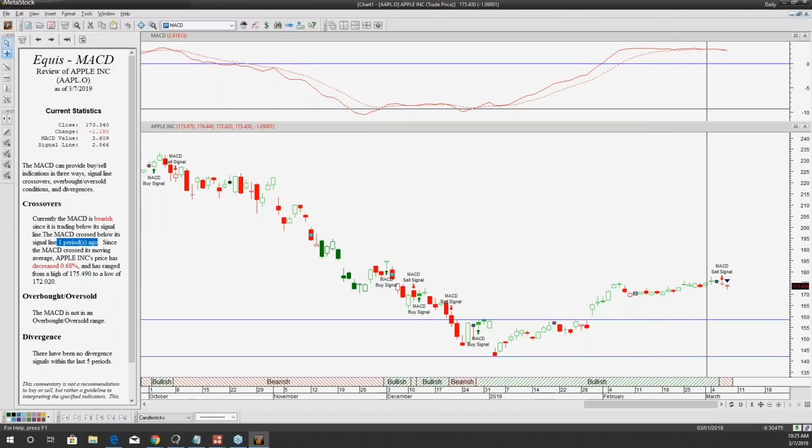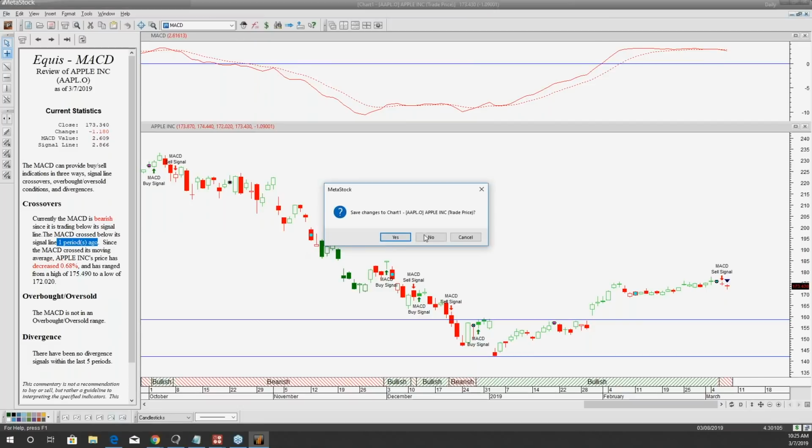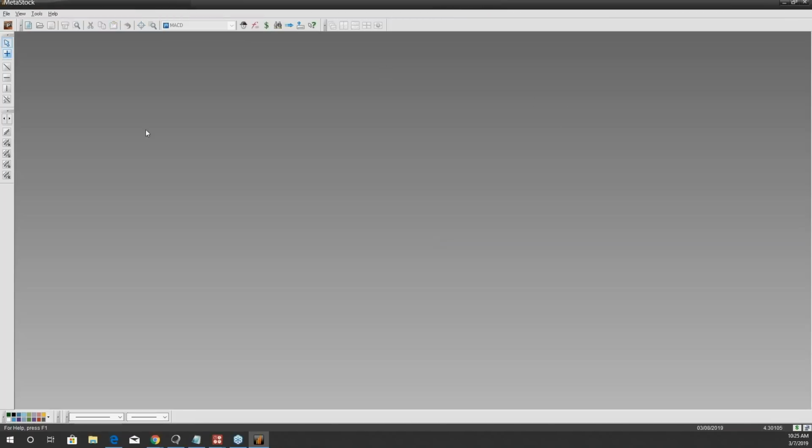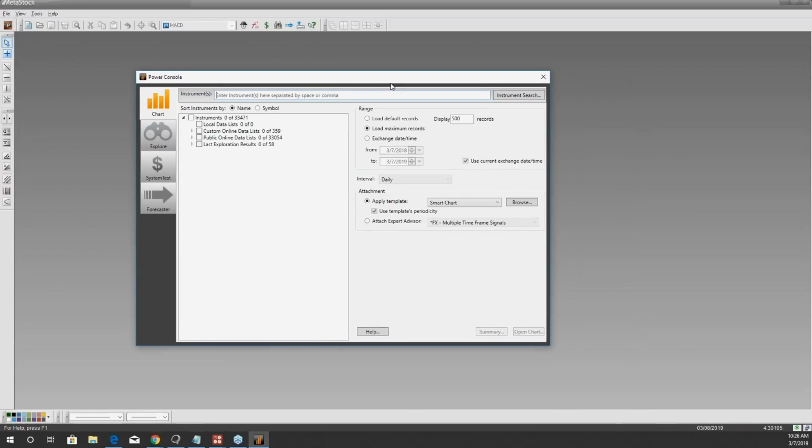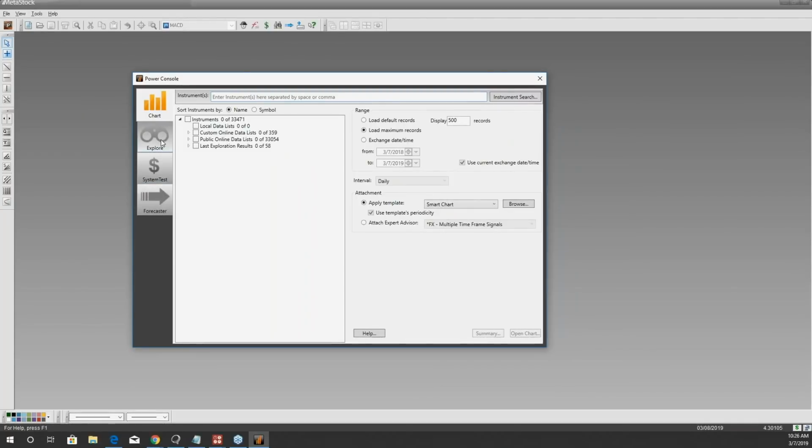So I'm going to answer questions here in just a moment, but I'm going to get this ready first. I'm going to close this chart down. Click and close. And you can save the chart too. It'll ask if you want to save it. That way when you open it up again, it'll open just how you left it. There are a few drawing tools that I left out that I still want to show you. So after we run the exploration and we pull up a chart, I'll show you some other little tools as well. But what we're going to do is go to the Power Console. That's how we go to everything, right? And then we're going to go to the Explore tab.